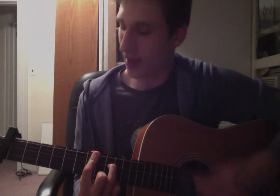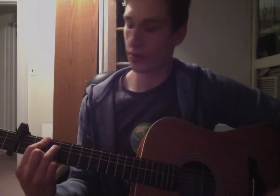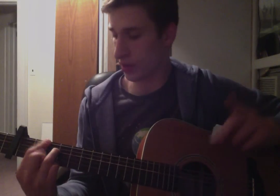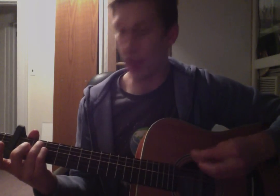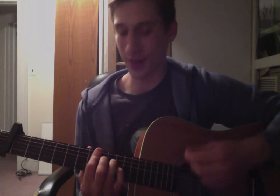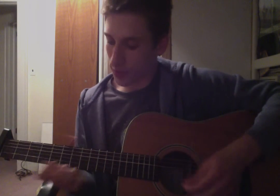So you can see it. It's like this minor chord. Oh, sorry, I lost my pick. It's like that minor chord, except you slide it down. I'm actually not sure off the top of my head exactly what chord that is in theory, but it sounds really cool when Owl City does it, and use it. It's really good. And I'm sure there are plenty of other things you can do with this. This is a really cool tuning if you just want to do like...